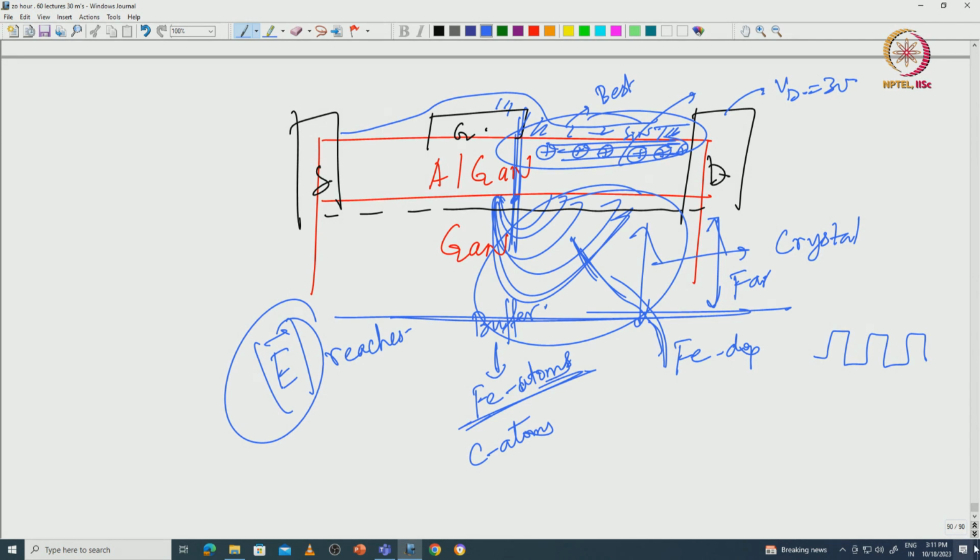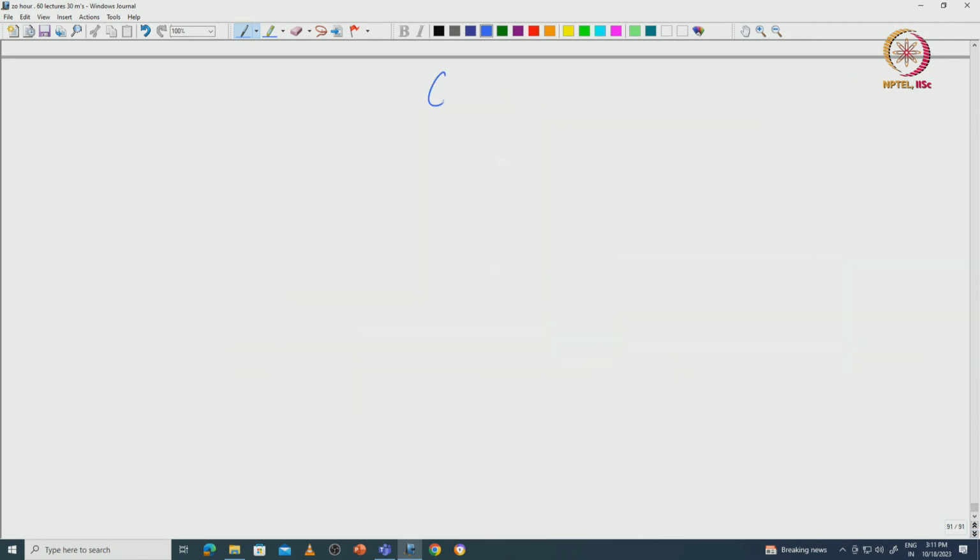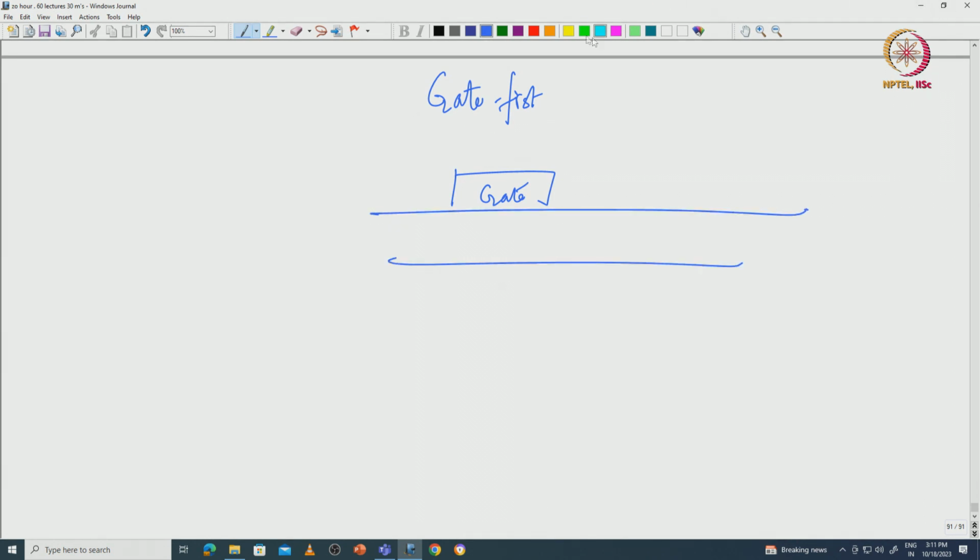Now, about the passivation layer, I told you, but there are two ways to do it. People sometimes do a gate first process, after source drain. So, you put the gate like that, and this is AlGaN, and after that you have the silicon nitride. The silicon nitride layer could be around say 200 nanometer thick, and then there has to be a field plate. The field plate has to go something like that, and there are different designs of field plate. This is a gate connected field plate. This is a dielectric, of course, the field plate dielectric, and the passivation layer is also there, but this field plate is connected to the gate